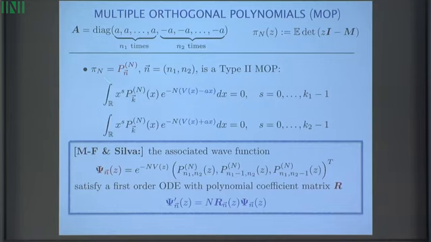And this guy, it's embedded. It's one polynomial of degree n1 plus n2. But if you look at its neighbors, like n1 and n2 minus 1 or n1 minus 1 and n2, put them in a vector and multiply by this weight, let's call it a wave function, then this wave function satisfies a matrix-valued differential equation. So the way it's proved, by the way, I'll mention in a second.